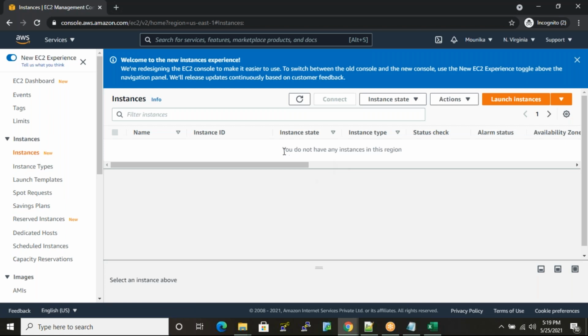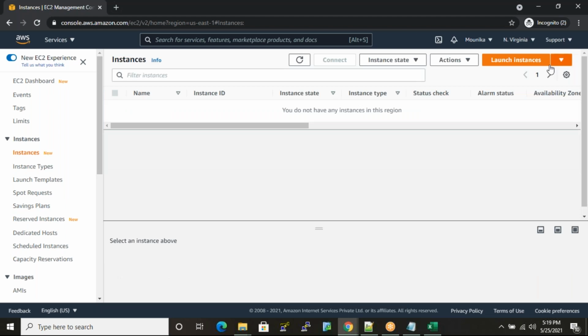So that's why we don't have any instances in this region. Which region? North Virginia. So now I create one new instance by using this EC2 dashboard. So now click on launch instance. That option is in the right top corner. So now click on this launch instance button.